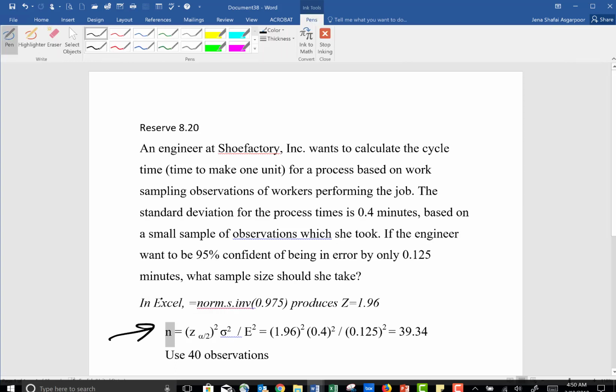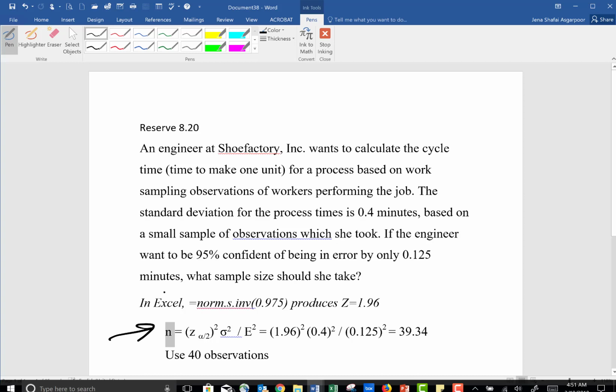It says an engineer at Shoe Factory Incorporated wants to calculate the cycle time, which is the time to make one unit, for a process based on work sampling observations of workers performing the job. The standard deviation for the process time is 0.4 minutes. And this is based on a small sample of observations which she took. If the engineer wants to be 95% confident of being in error by only 0.125 minutes, what sample size should